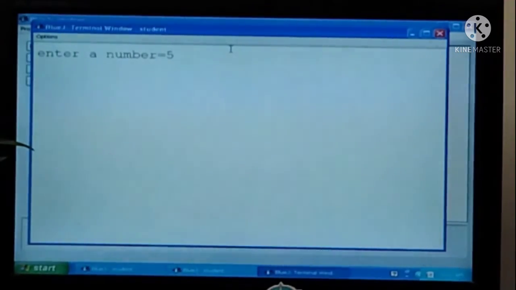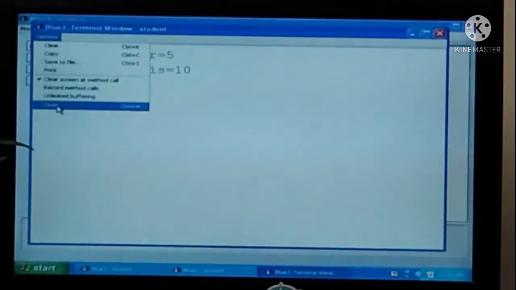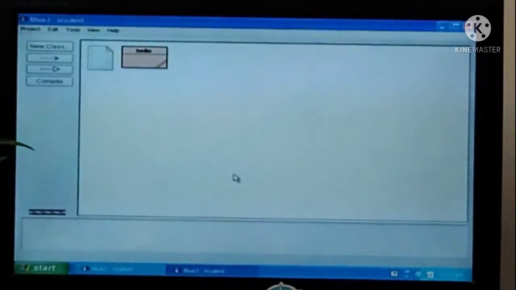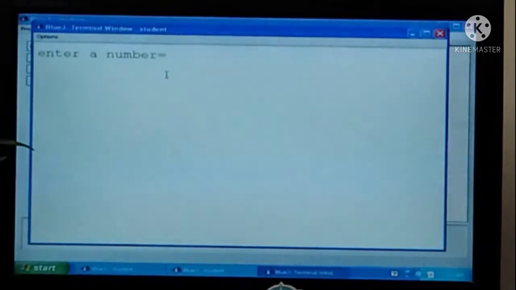It will print twice, so see, twice number is 10. Clear? So this is the next condition, and the last one: if the number is equal to 10, suppose the user provides 10 at runtime, so what should it do? Num by num, divided by the same number, the result is 1.